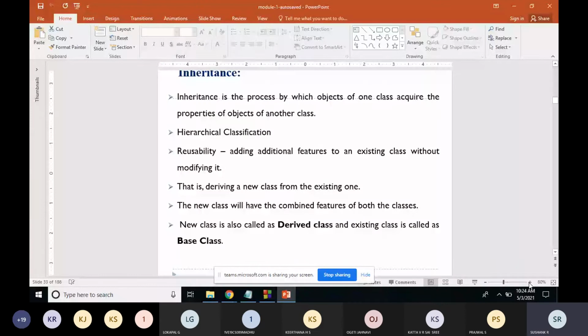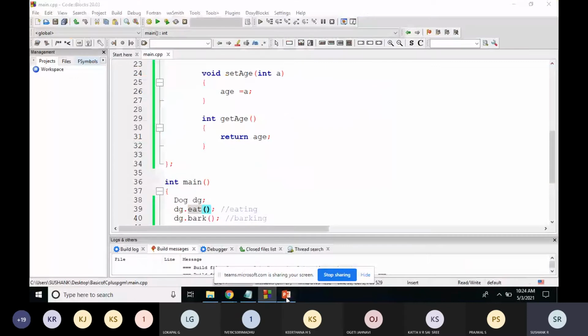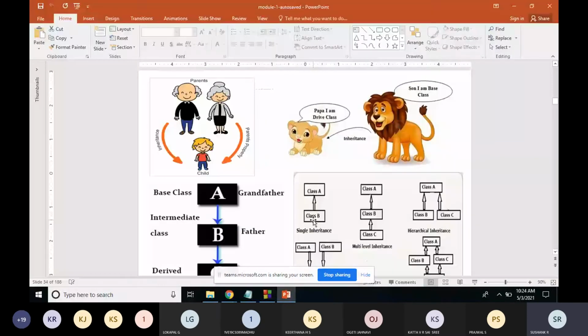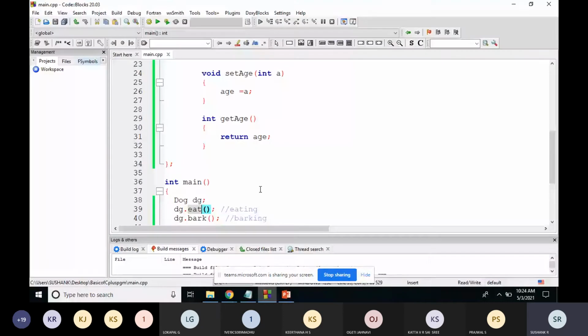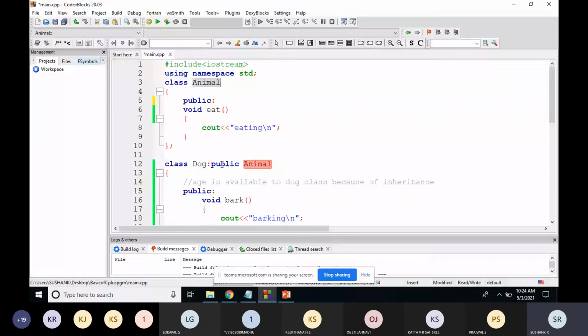Single inheritance is done. What is single inheritance? Two classes are there and one class is using the features of another class. One class is the base class and one class is the child class. Now we will check the same thing using the member functions. There is a class called animal and a class called dog. So single or simple inheritance is done. Now we will go with multi-level and check the other types of inheritance.